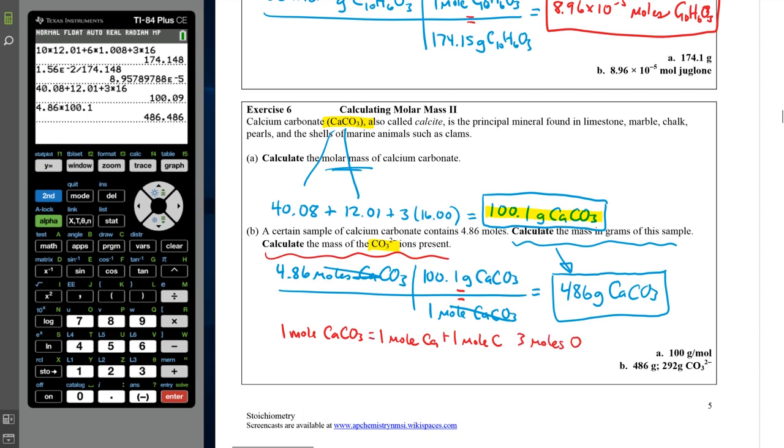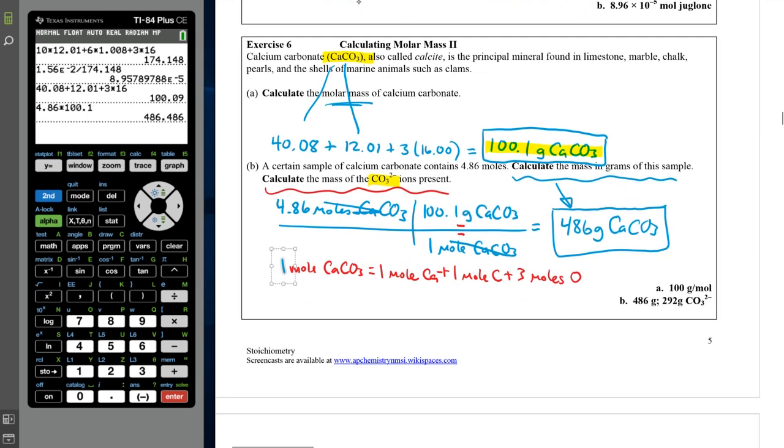That's what we added together initially, right? So if they want us to focus ourselves here on the carbonate, then all we need to do is add up the pieces that they're interested in. All right. So in this question, the part that we're curious about, the carbonate part of this, is the carbon and the 3 oxygens. Right. So we're going to go ahead and still,